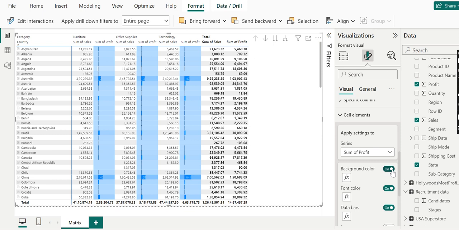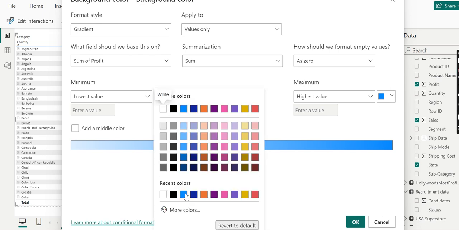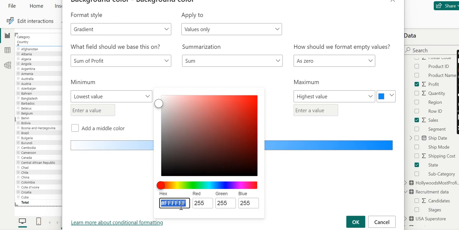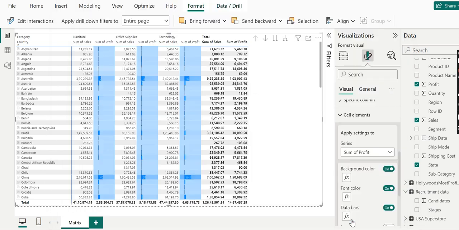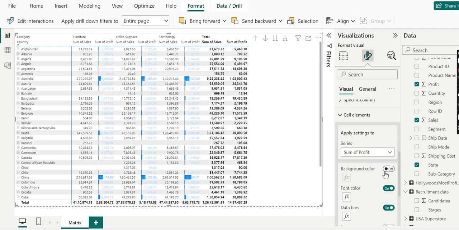Background color, so there is also a change. If I am putting it to this one color, I guess green, there is a very rare change, so for now I'm putting it off.